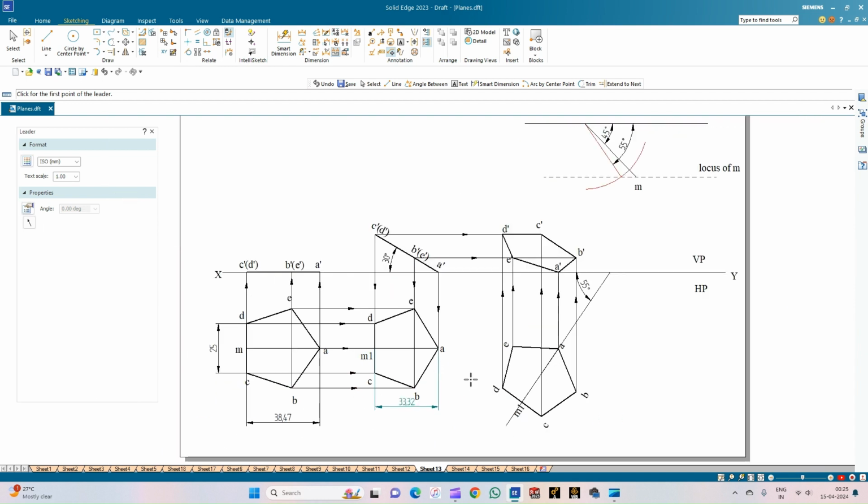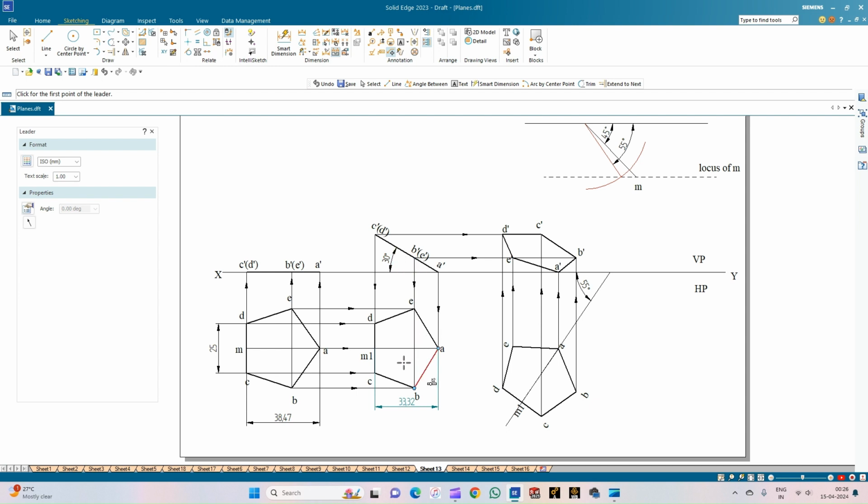So with this, we complete the problem. So to sum up, initially a pentagonal lamina is resting on one of its corner, that is corner A, and then we have drawn the top view and the front view of the pentagonal lamina, and then we are considering the perpendicular bisector through the corner on which it is resting to the edge opposite to that corner. So this is the point M, which is going to bisect the edge CD into two equal halves, and then this edge is going to change its length in the second position whenever it is inclined to the HP at